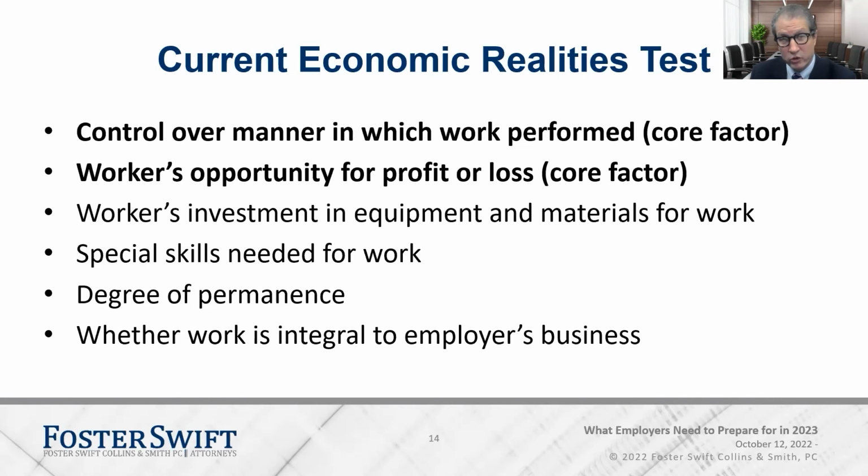If the employer controls the manner in which the work is done, that weighs in favor of the person being an employee. So then there's also the worker's opportunity for profit or loss, the worker's investment in equipment and materials, how skilled the work is, the degree of the permanence of the relationship. Again, the more temporary it is, the more it tends to look like an independent contractor relationship as opposed to an